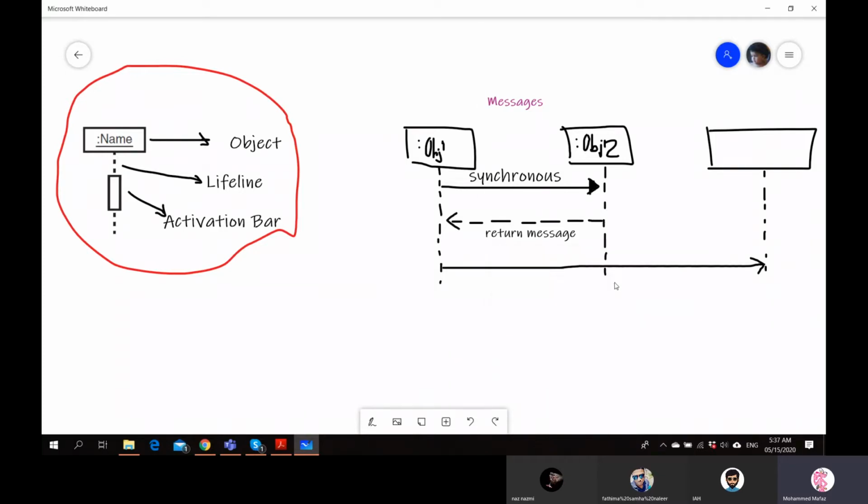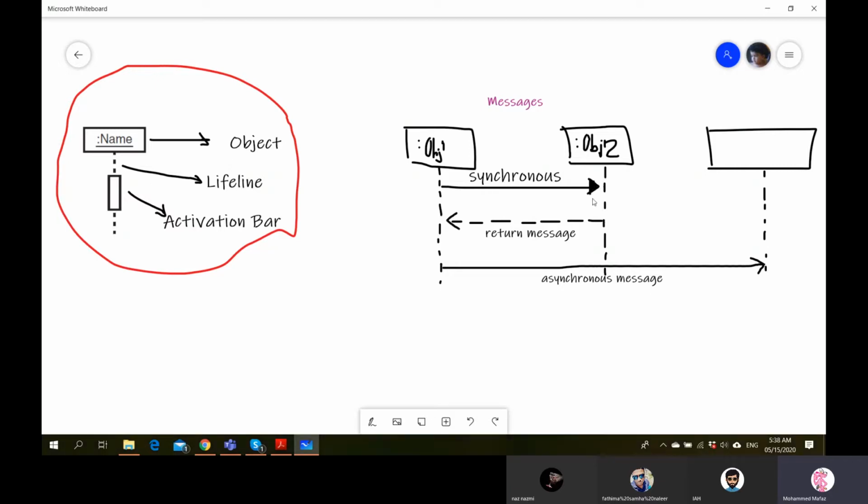We call this an asynchronous message. Meaning, synchronous means object 1 wants to synchronize with object 2, or it is expecting a response from object 2. That is why we call it synchronous. So this is how you should.